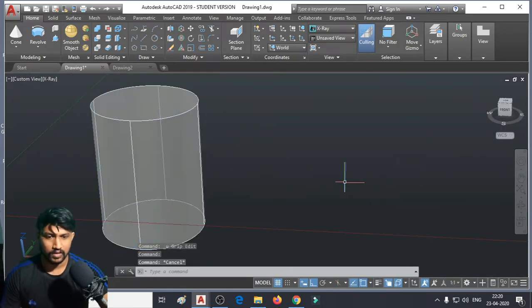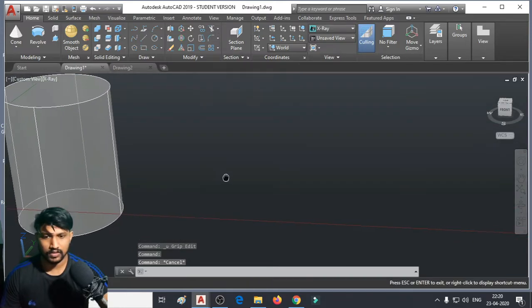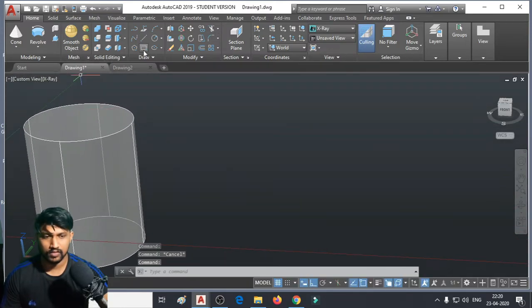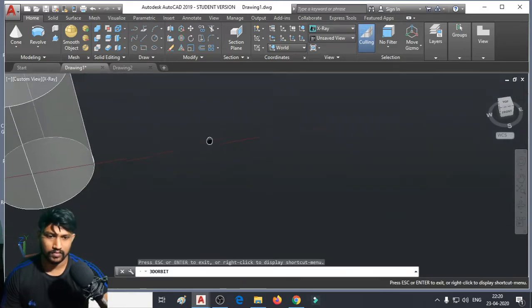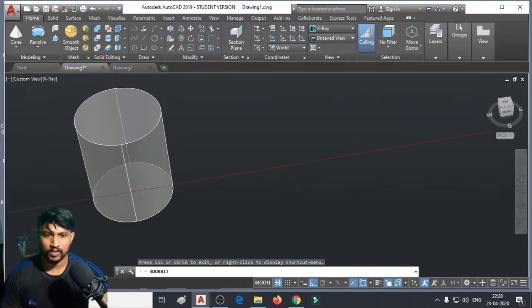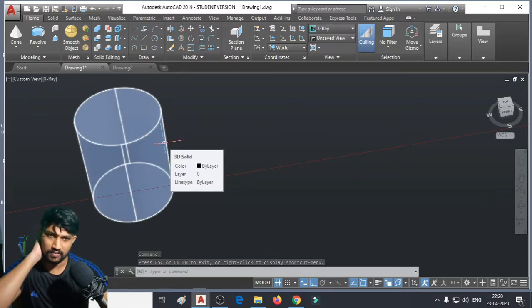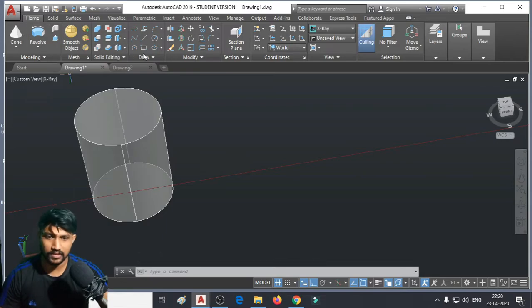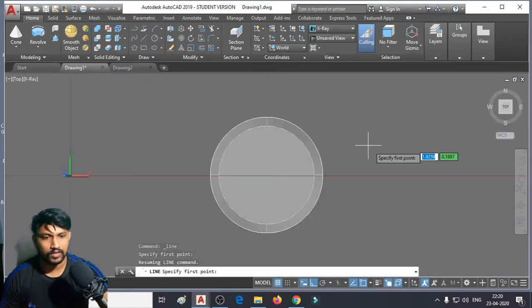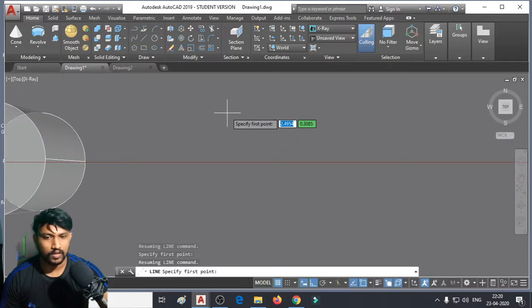So let us try to make a cone. The cylinder is actually a circular prism. A cylinder is also known as a circular prism. So right now I'm going to draw a triangle.